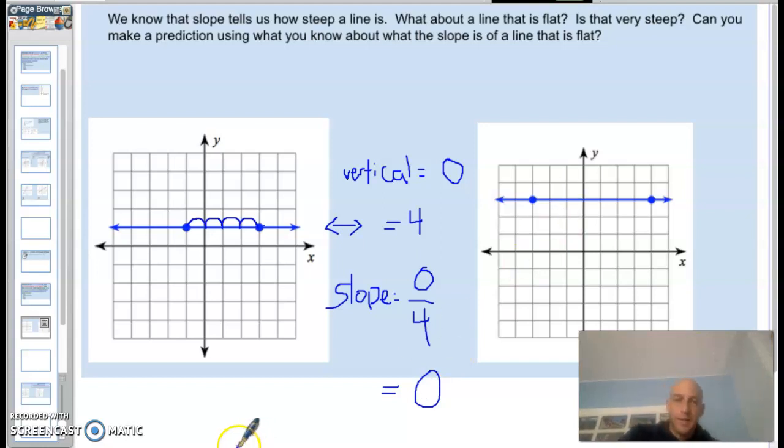Okay, so let's take a look at this next one. As you can see, from the first dot to the second dot, the line does not go up at all. So the vertical change, the up and down change, is 0. It doesn't go uphill, it doesn't go downhill. It does have horizontal change. 1, 2, 3, 4, 5, 6, 7. The horizontal change